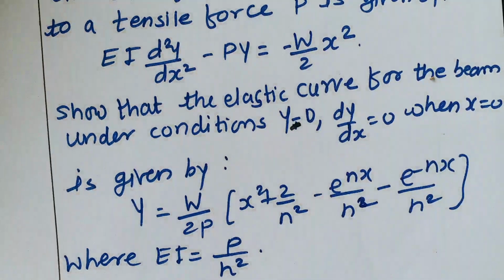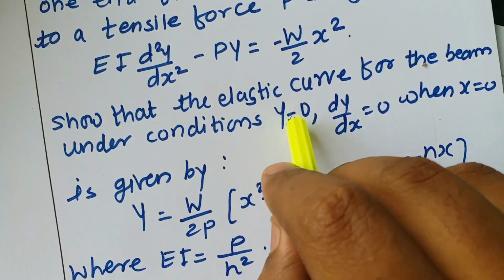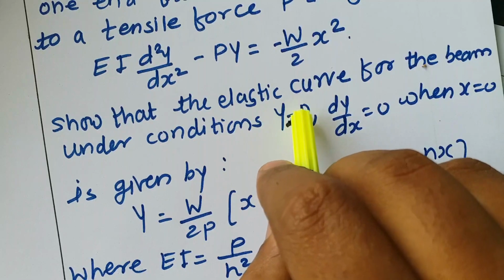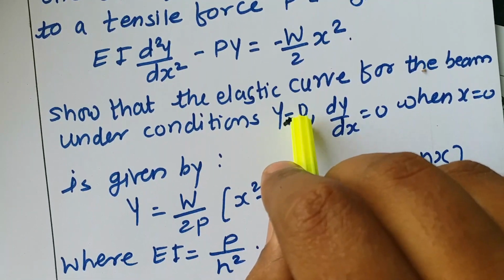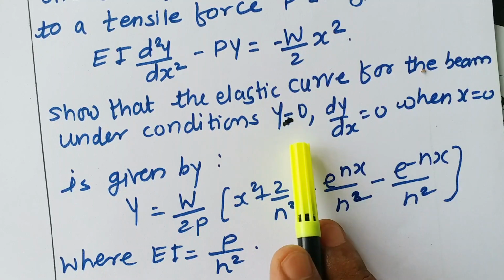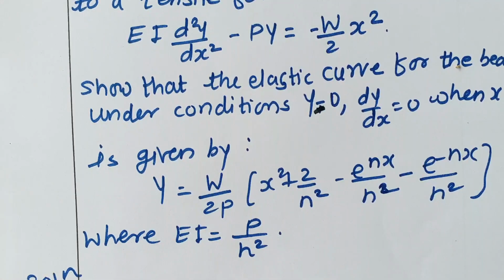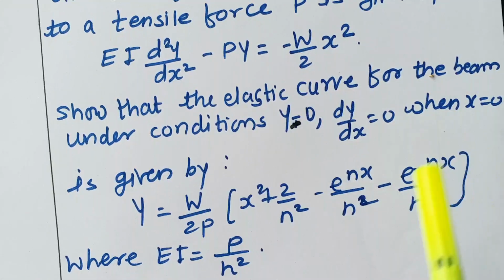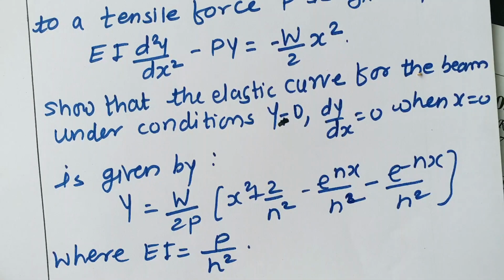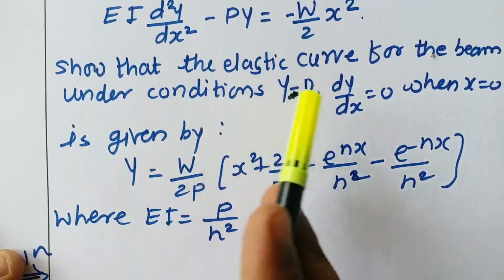Here y is the deformation, or what we can say the change in the position, sorry, deflection, we call it deflection. So y is deflection: at x equal to 0, deflection is 0, and dy by dx, the slope, is 0. So these are the two boundary conditions given, which we'll need to calculate the arbitrary constants, that also we have discussed. And we need to show that the deflection or the elastic curve